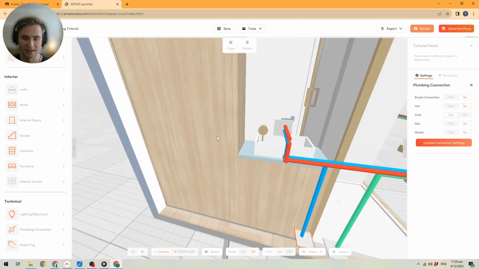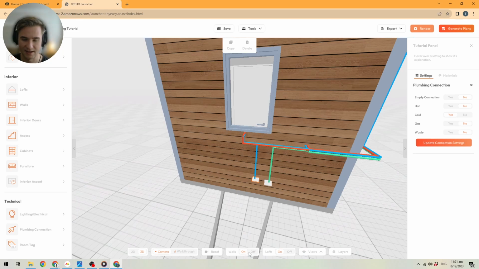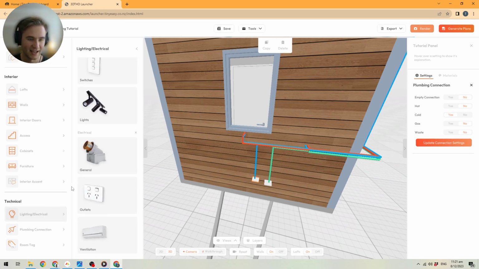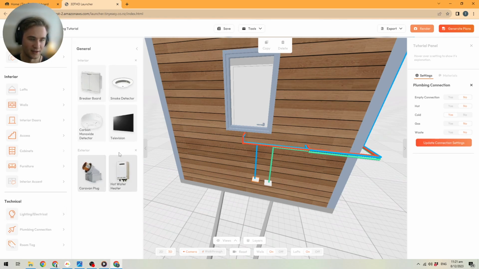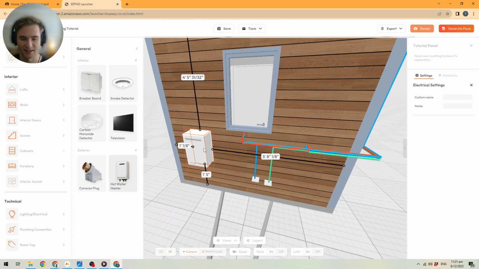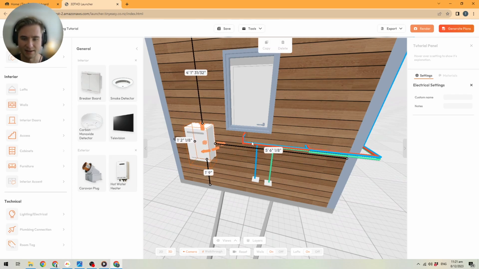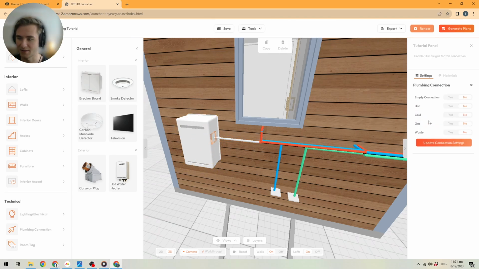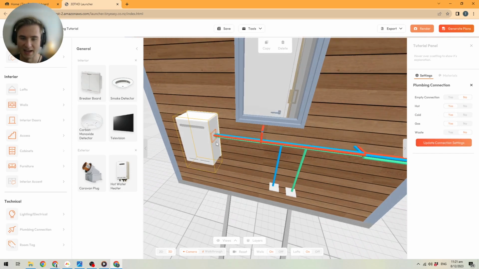And what we'll do here is go in and enable my walls one more time, and I'll go into my lighting and electrical, and I will grab a hot water heater. This is just an instantaneous hot water heater that will sit outside of the tiny house. I'll draw another connection that goes over here. I'll continue my pipe to go in here, and I'll create a plumbing connection, and this will be gas, cold, and hot. Then I'll update my connection, and now the gas connection goes in here, and the